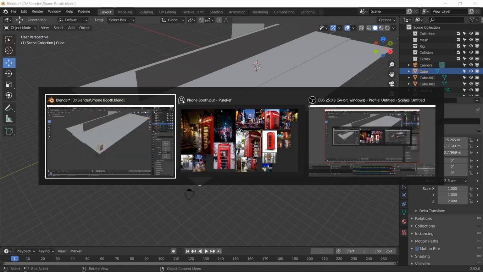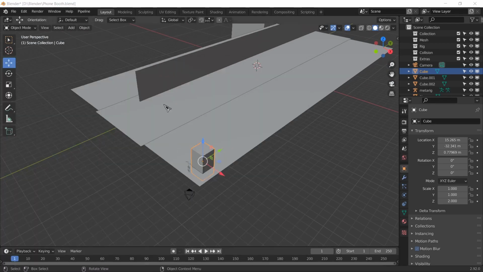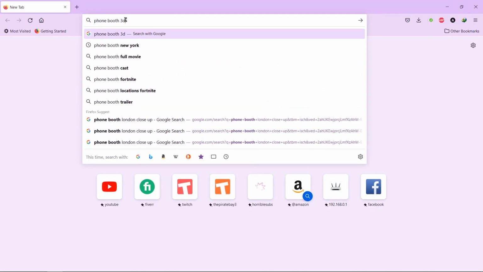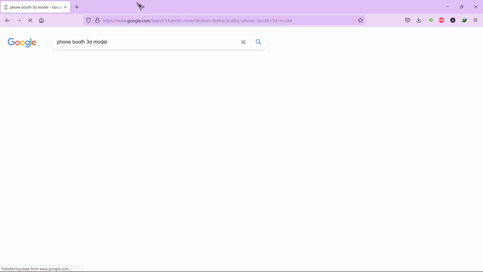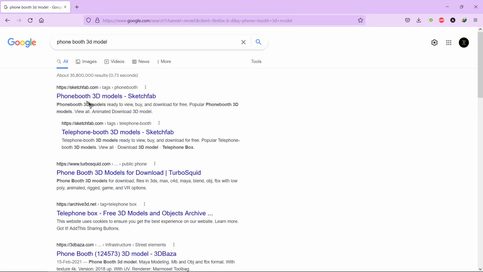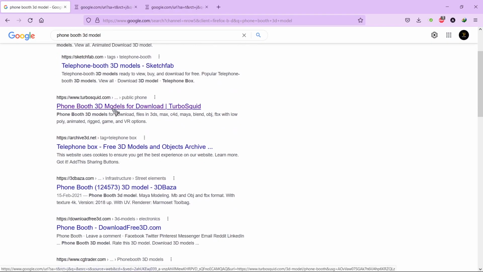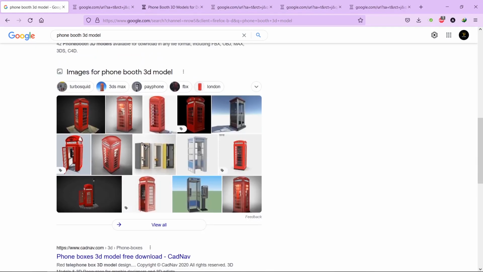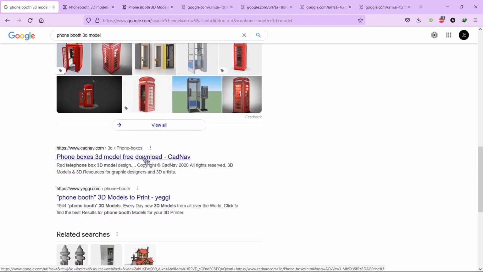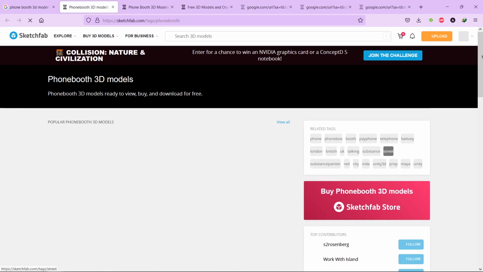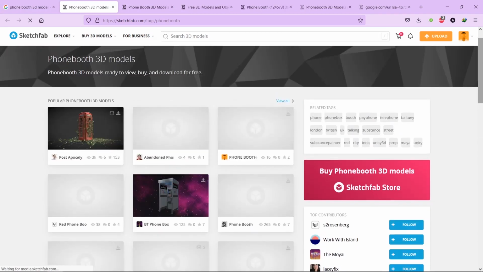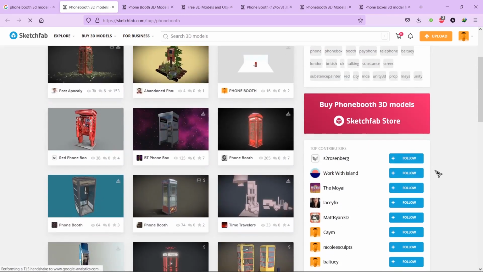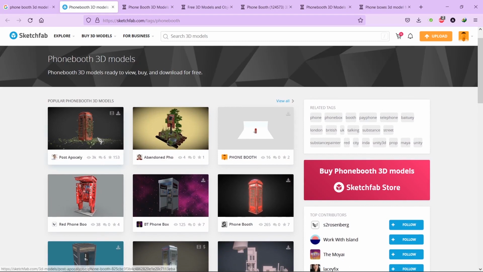So let's go ahead and open up our browser, and I'm going to search phone booth 3D models. Now, there are a few websites that I like to use. Sketchfab is okay, but I like to open a few tabs up. TurboSquid, I just open the first few that I find, and then open those links up. Sometimes you find paid ones, sometimes you find free ones. We are going to be looking for free ones, and sometimes the websites have filters, so you can just filter out any free